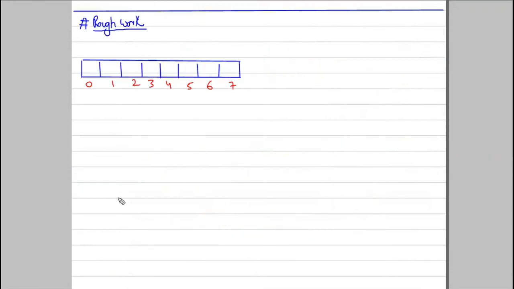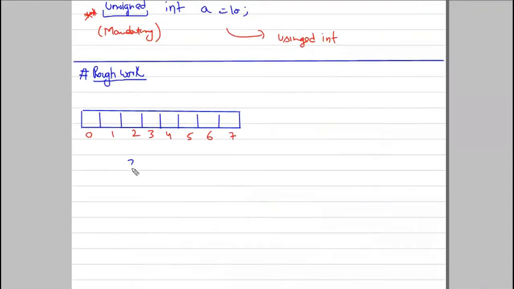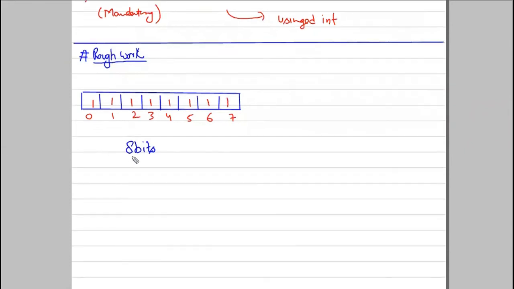So let's do some work. So let's say we have 8-bit data, okay, 8 bits data. Generally the integer is 4 bytes, but for our convenience, I'm assuming a small binary bit format. So let's say we write 1 in each and every block. So this is actually the wrong representation of the indexing. For the binary representation, it is always like this: 0, 1, 2, 3, 4, 5, 6, 7.